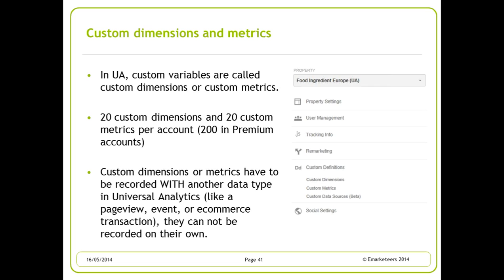Or another use case, if you have pages on your site that were written by a specific author. In your default Google Analytics pages, you will never see what author your pages were written by. With custom dimensions, you can pass on the author name to Google Analytics, and you can start segmenting your reports on author name. And there are many other use cases that you can probably think of.